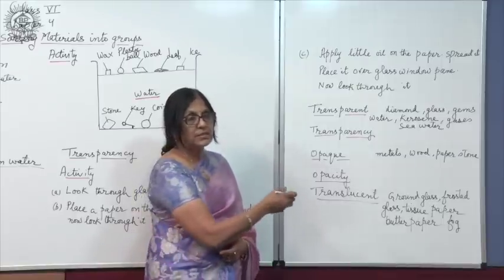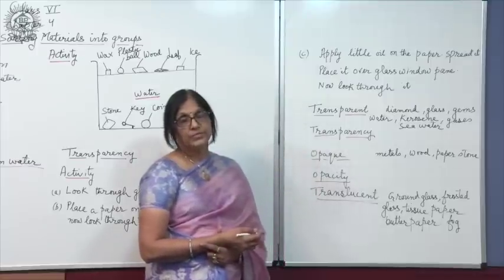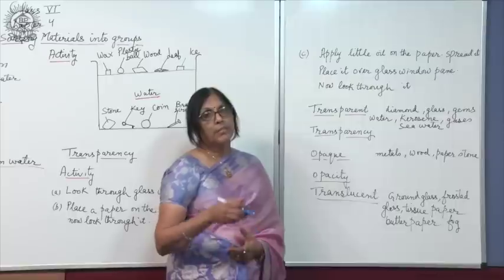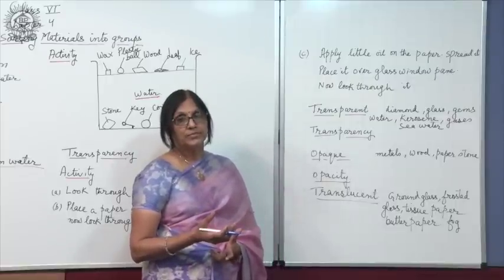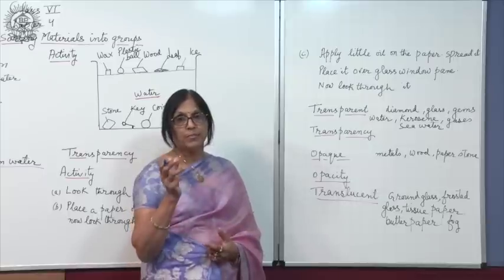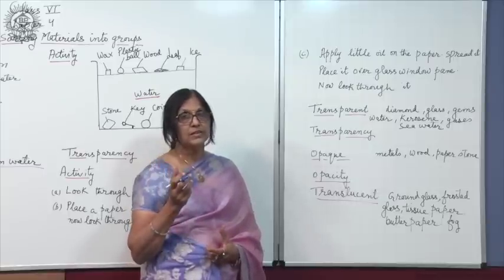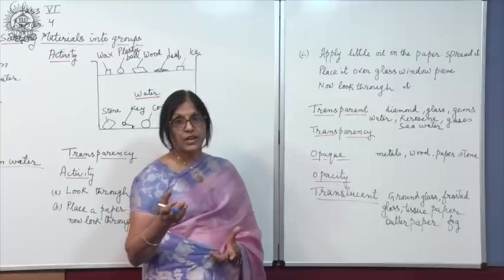And the third type of materials can be translucent materials, through which the light can pass partially, through which you can see partially. So, these are translucent materials, very well you can give the example. Just now you have seen the oiled paper or butter paper, ground glass, frosted glass,